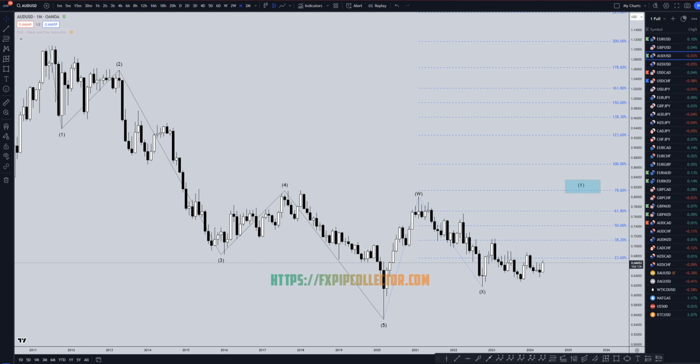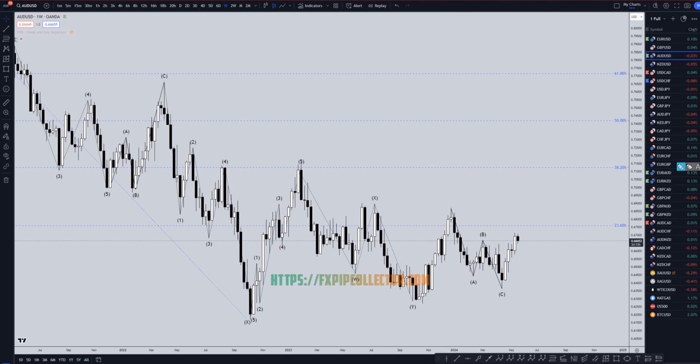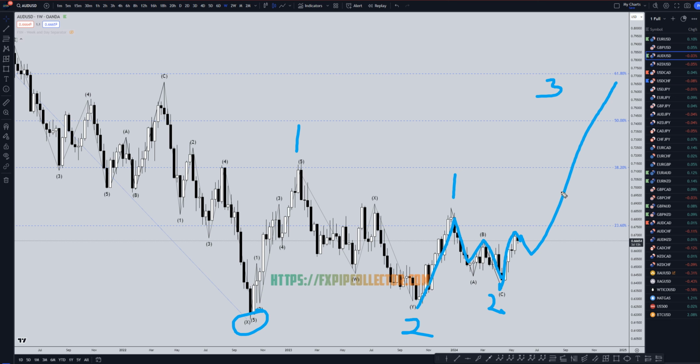So heading down to the weekly time frame, that makes this over here the end of a crescent, which is the end of a wave B, or most likely the end of a wave B. That also would make this right here a wave 1. That would make this a big ABC of 2, and I think this right here would be a 1 of 3, 2 of 3, and I think we are very, very likely already in that wave 3 of wave 3, which is part of that wave Y pattern that I was explaining on the much higher time frame,